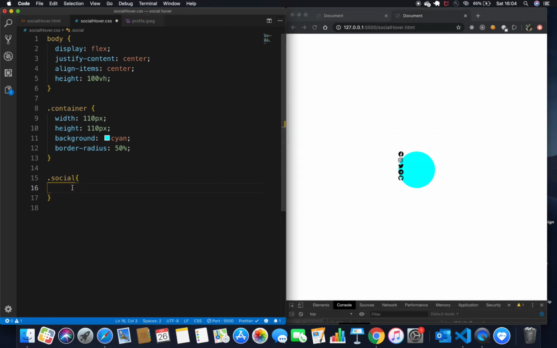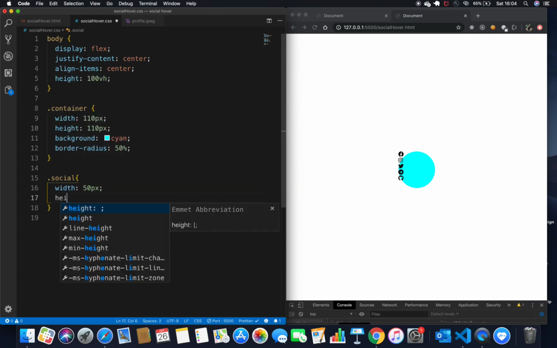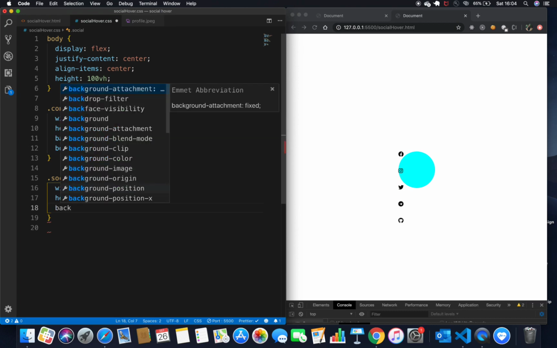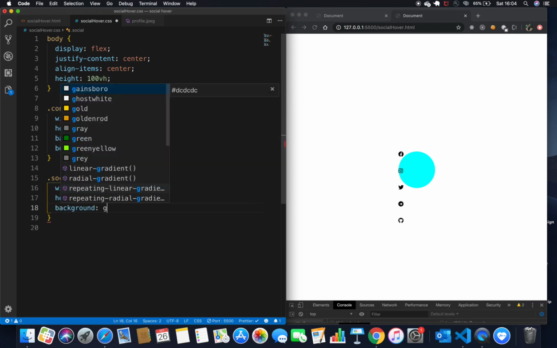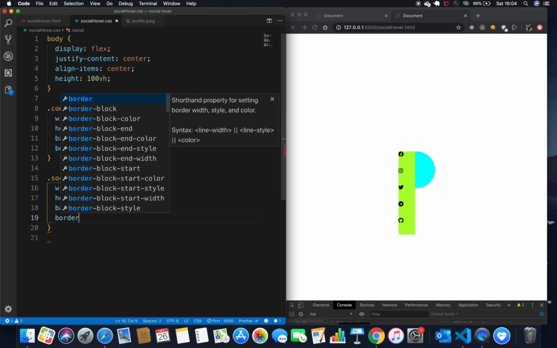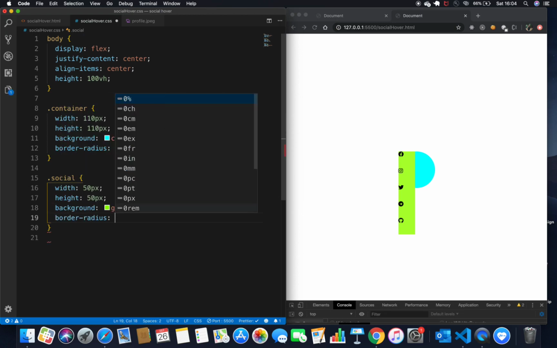So to my social div I'm going to give a width of, let's say, 50 pixel, a height of 50 pixel, and also it should be circular, right? So let me also give it a background because it's not visible right now. So for now let's give a background of green yellow, right? So these divs are now visible, and we also want it to be circular, so again I'm going to give it a border radius of 50%.